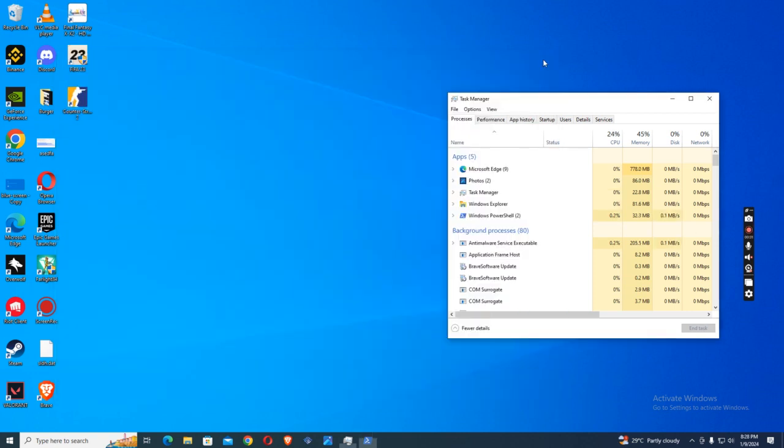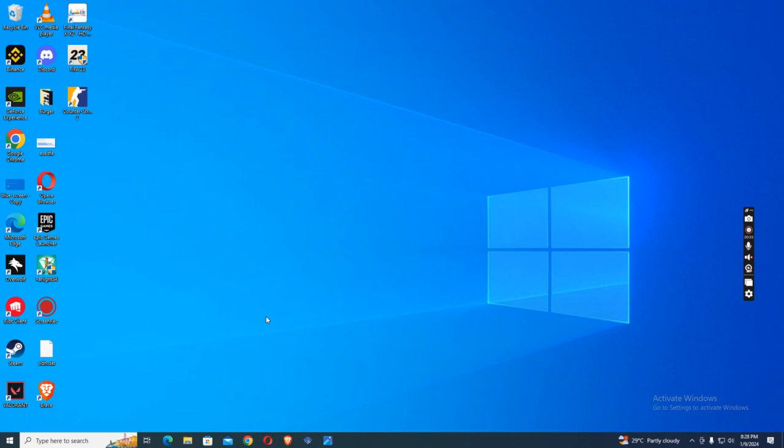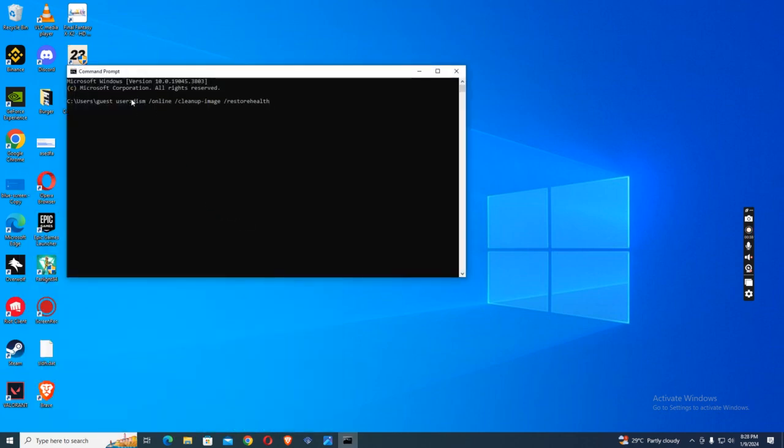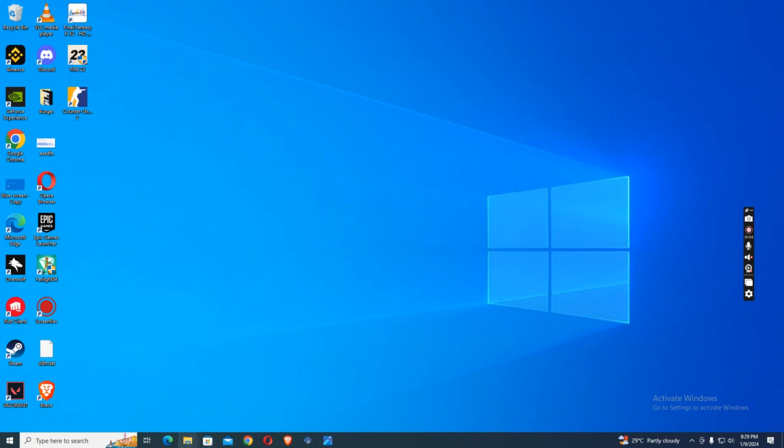And then once you're done with that, click exit and then go to CMD command prompt and then type in this string that I have shown here, and then click enter, and then it will show up guest user because I'm using a guest PC, but once you're using your main administrator PC, you should be able to load the data. Then type in exit to exit your command prompt, and then go back to